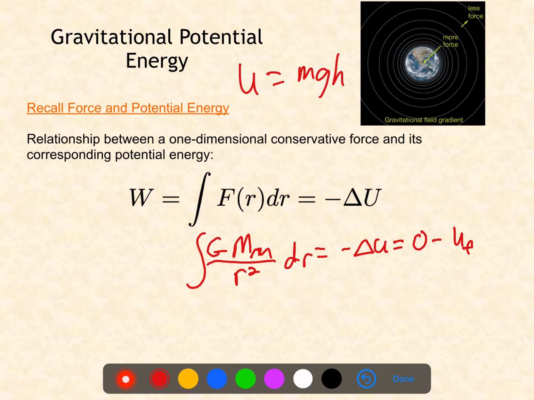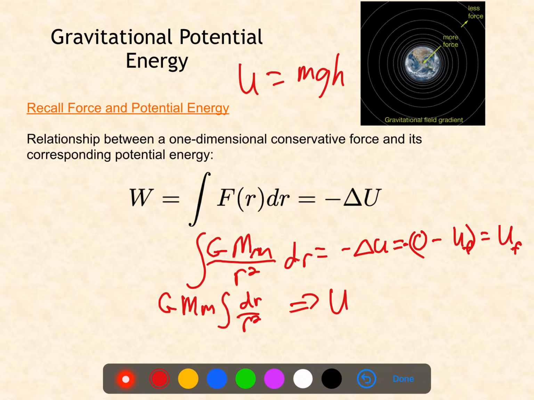Okay, and all that has another minus sign in front too, sorry. So then this whole thing becomes just U final. Okay, and so then whenever I perform this integral, a lot of things can be pulled out of the integral: the G, the M, the other M, and it's just an integral of dr over r squared. Okay, and when I do that, I get that